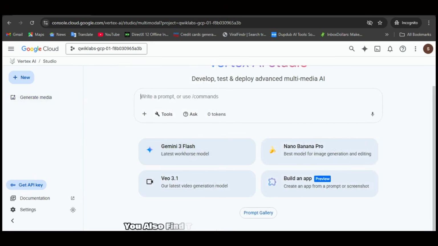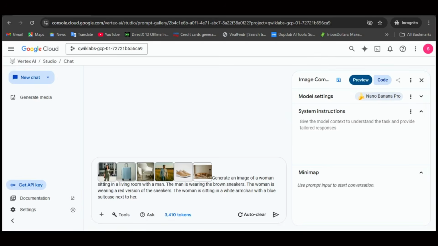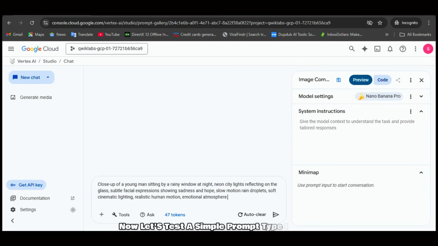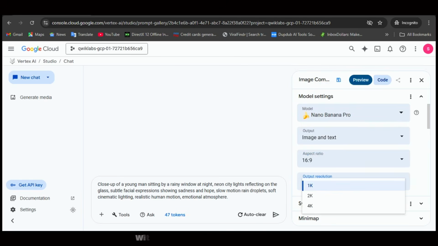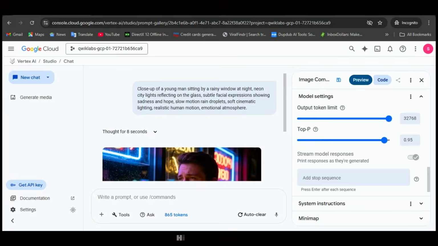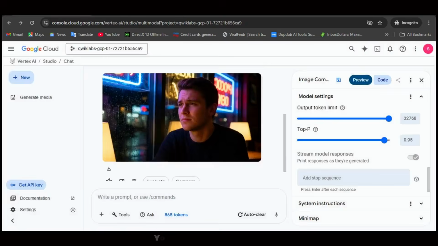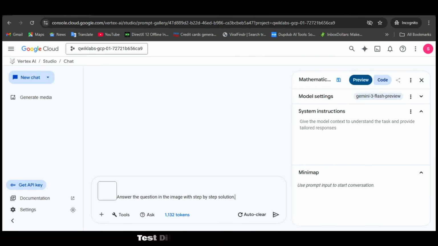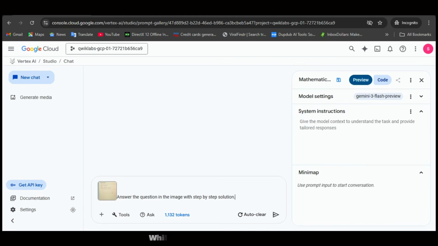You also find tools like Nano Banana and Gemini Flash, each with their own features for image generation, fast responses, and creative content. Now let's test a simple prompt. Type in your prompt, adjust the settings if needed, and generate. Within moments, you'll see the result. High-quality output powered directly by Google's AI models. You can repeat this process, test different prompts, switch styles, and experiment with multiple ideas while the lab session is